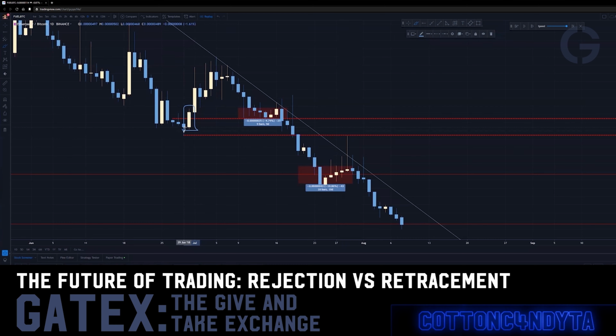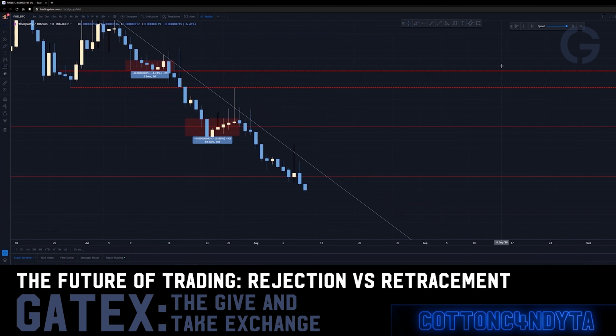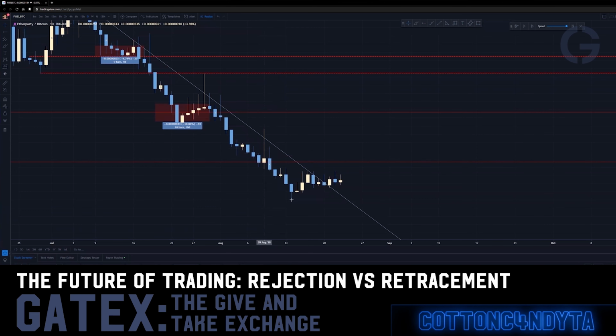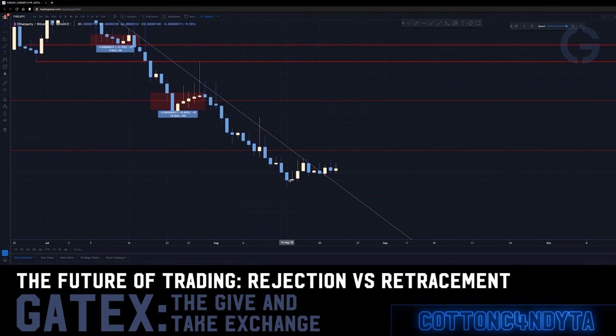We don't need to pay special attention to this, other than we know that we bought the whole level. It's moving up. We have succession in the move. It's going as we have seen it to go. And then if you move forward in this move, there's another one, right? You can see another huge rejection candle, and here is where you don't see rejection candles. You see a little local rejection right here, which is a lot smaller.